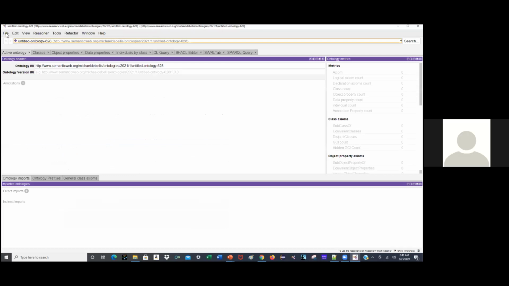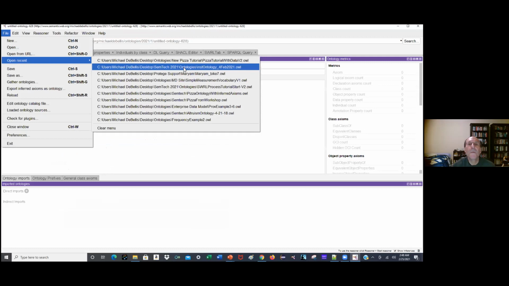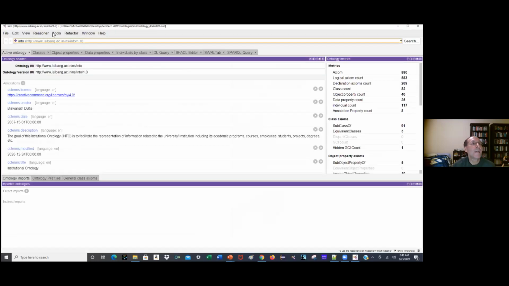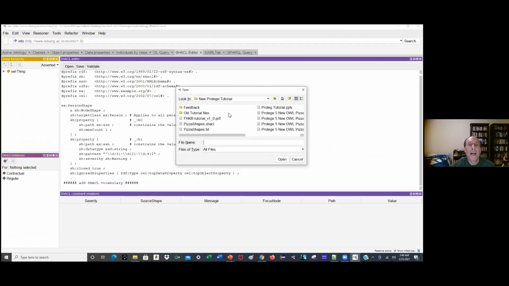So I'm going to load the ontology. Okay, and then I'm going to run the reasoner. And now I'm going into the SHACL editor, and I'm going to open